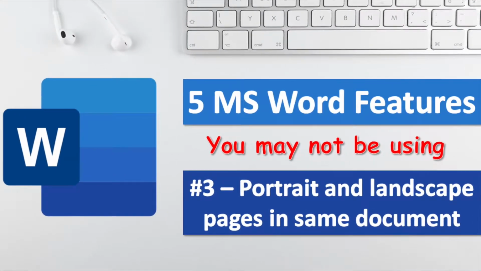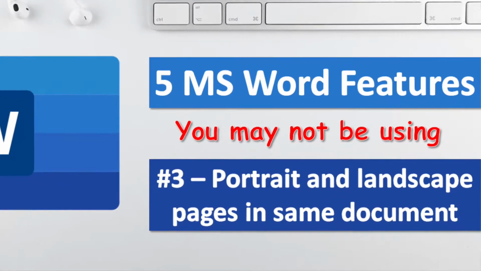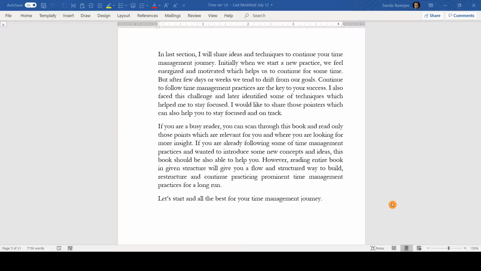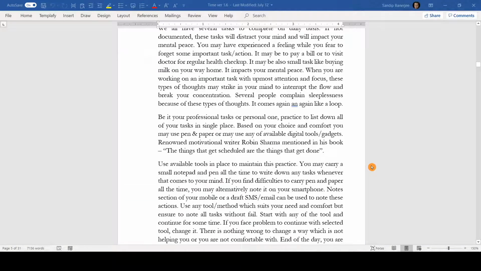Now the next feature I wanted to talk about can also be very useful based on the need. Sometimes there may be a requirement that you have a document which is in portrait mode, like this particular document, where the entire document and all the pages are in portrait mode. Now what if you have a requirement to retain your entire document in portrait mode and you want to add one single page in landscape mode, which may contain some bigger table or any picture or any map, whatever the requirement is? But the main requirement is you need some of the pages in landscape where your entire document is in portrait. Now let me show you how you can do that and what I am talking about.